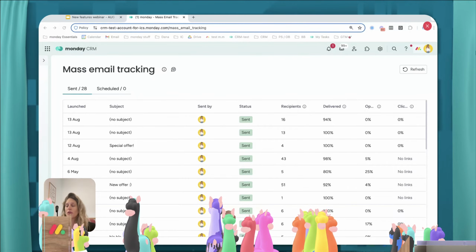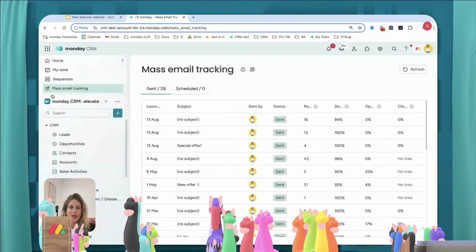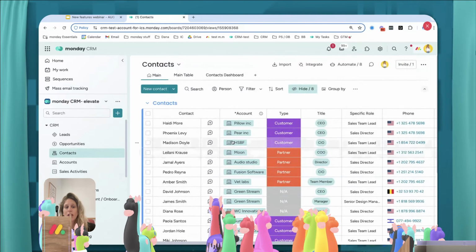And of course, stay tuned because we keep adding new features and new capabilities to the CRM. All right, I want to show you another small update that for me also made a big change, which is the new